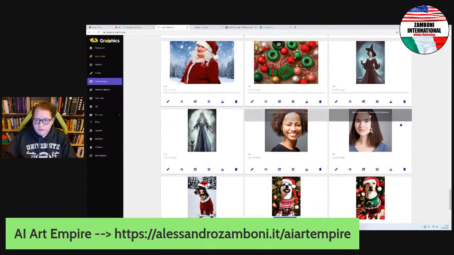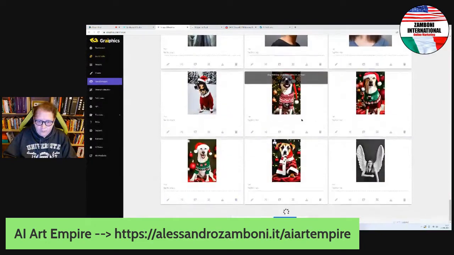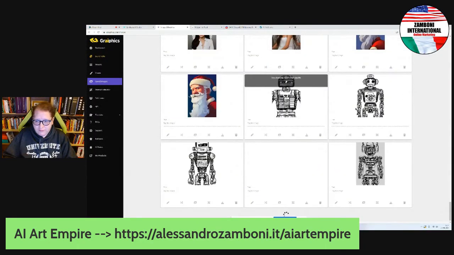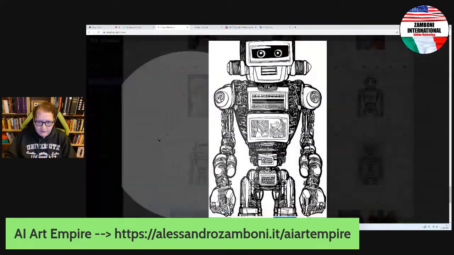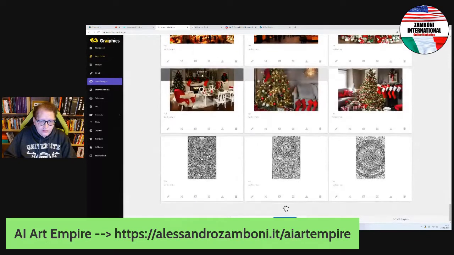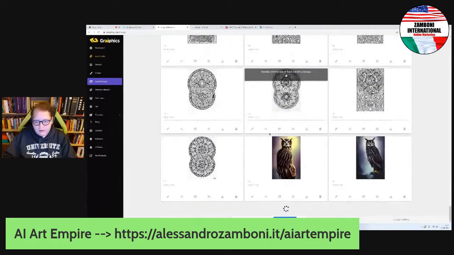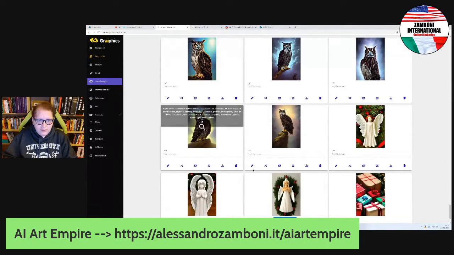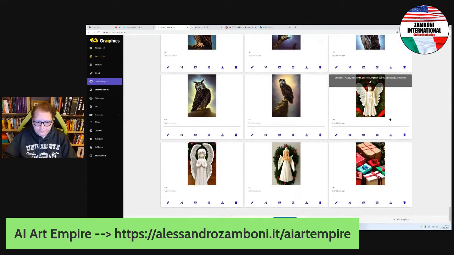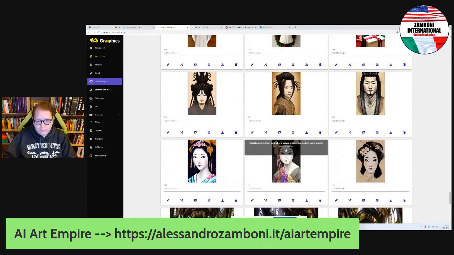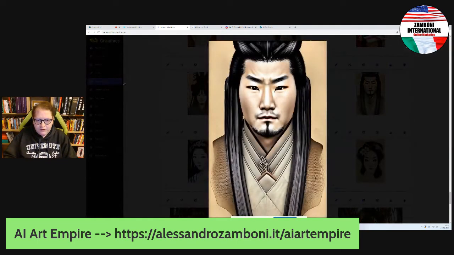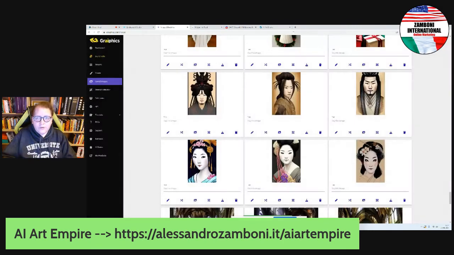Those people you can use in videos and so on. Christmas dogs, there's literally anything, including coloring books for robots and things like this. And you just have to choose. You can create mandalas, fantastic owls, and much more. So it keeps in memory all your photos at once. Here are some drawings of a samurai, for example, all great pictures.